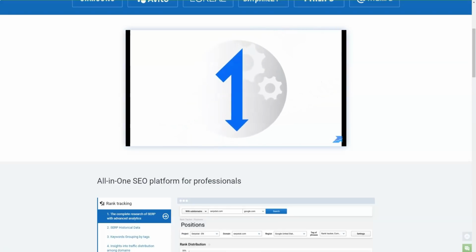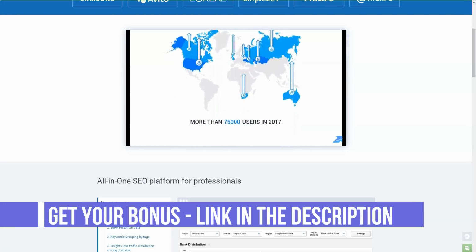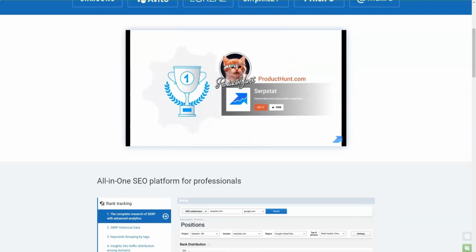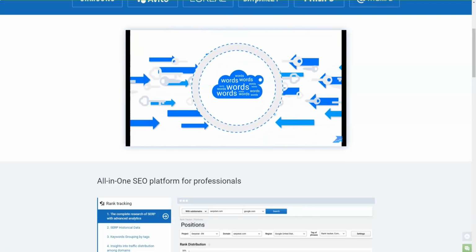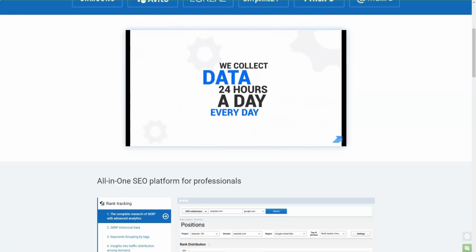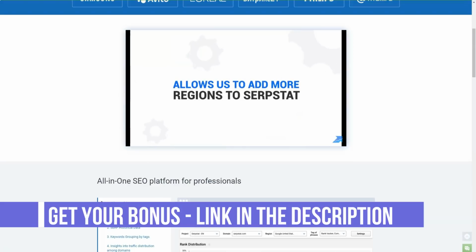To find keywords using Serpstat, enter the root keyword in the search bar. The app will return a variety of related keywords as well as their keyword difficulty and search volumes. The Serpstat PPC keyword research tool allows users to use features similar to the SEO keyword research tool for their paid search campaigns. Again, while Serpstat provides a wide range of data and features, it is not as advanced as